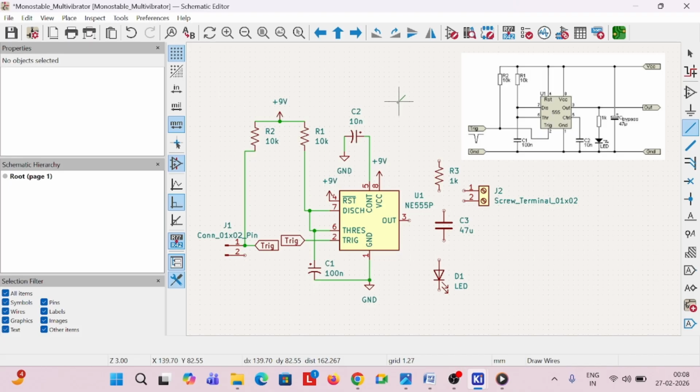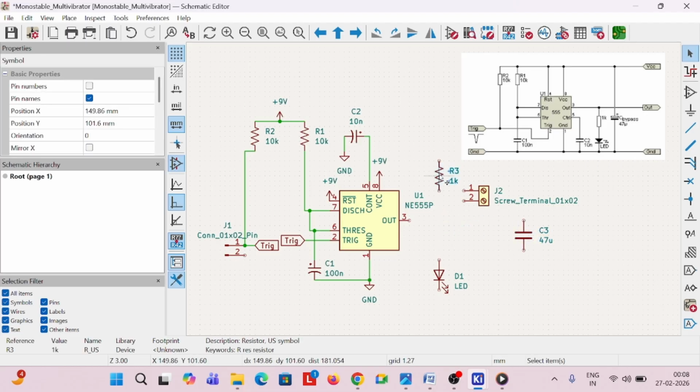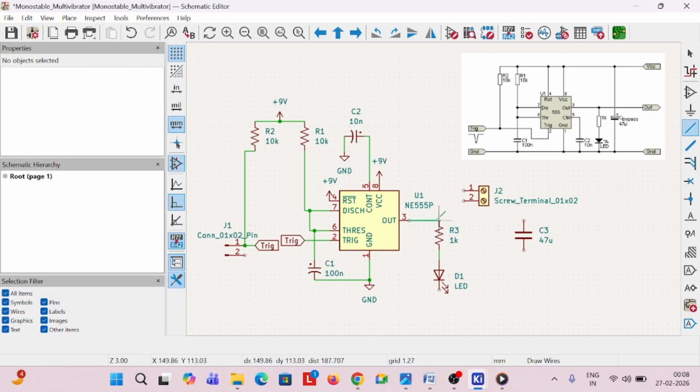Next, coming to pin number 3. Pin number 3 is connected to a 1K resistance. Well, let me displace this one from here. So it is connected to the LED. Connected. Okay, so now this